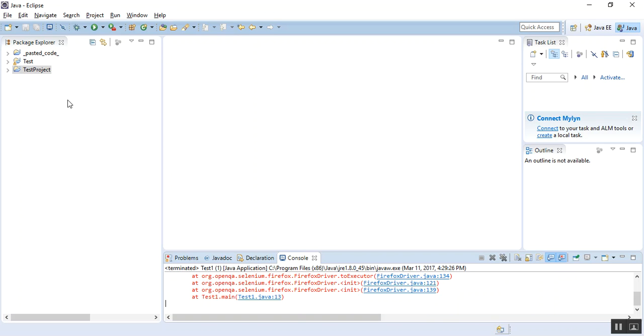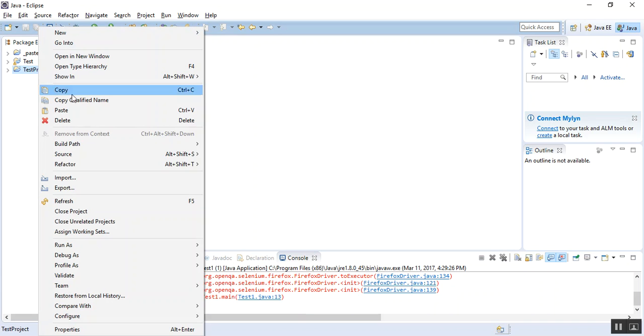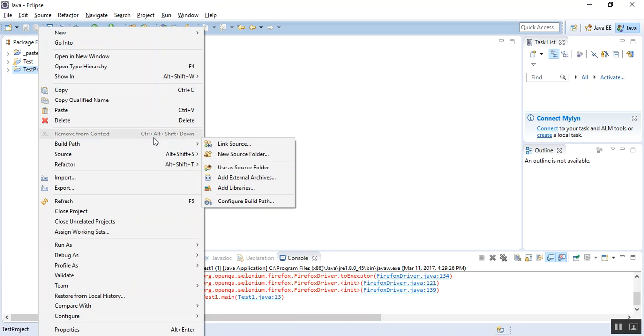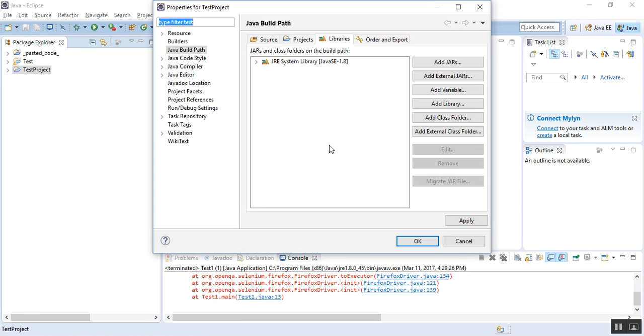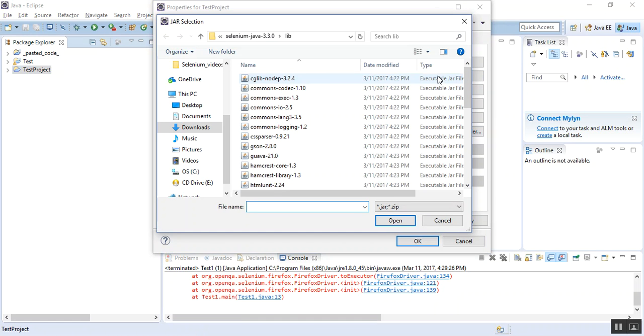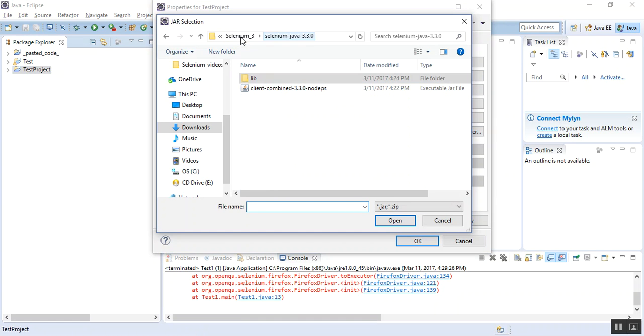Now my next step is to integrate this Java project with the latest Selenium jar files. So the next step is to right click on the newly created Java project, go to build path, within build path, configure build path. Here go to add external jars, and here you have all the jar files.